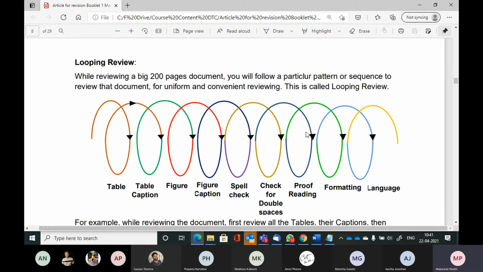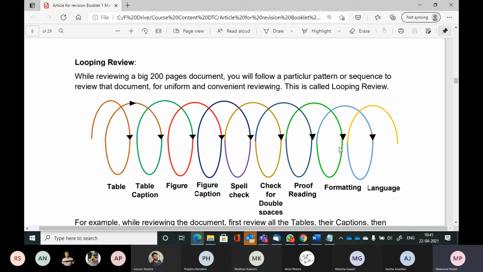Okay, so we are talking about looping review. What's the idea of looping review? The idea is that at a time you go through only one loop. So one loop, and then you know, okay, I need, let's say, half an hour to review all the tables. If I've got half an hour right now, I'll just review the tables and come out. And as I've always said, whenever you are doing a review, you should be sitting with paper and pen in your hand, or you should have a notepad file open in the background.